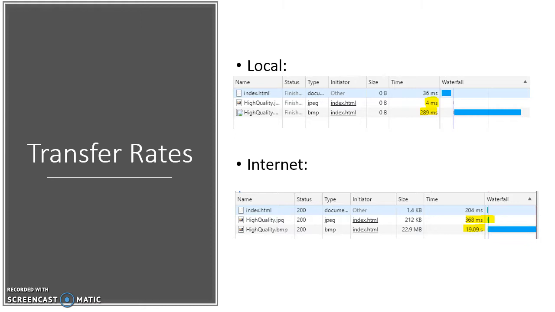Our first test is locally on my machine. Since there is no networking I/O, the load time depends on my hard drive. The JPEG file loaded in 4 milliseconds and the BMP in 289 milliseconds. There's a big difference in loading time, but running the test locally does not really give us the end user experience. Now if we take a look at the same test but loading the files from the internet, we can